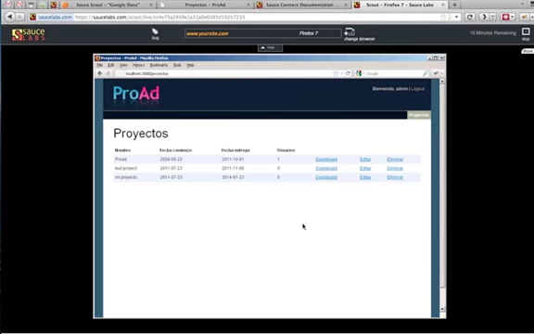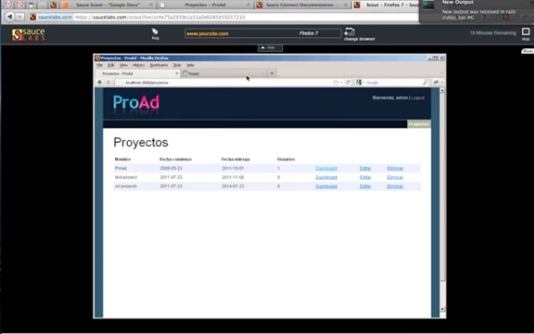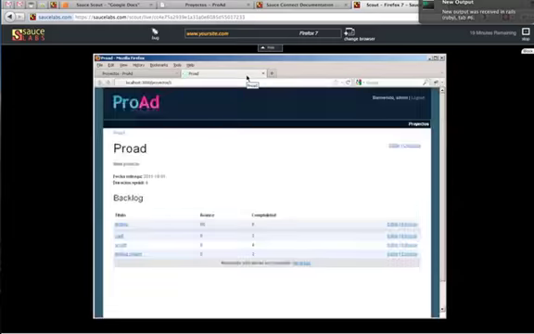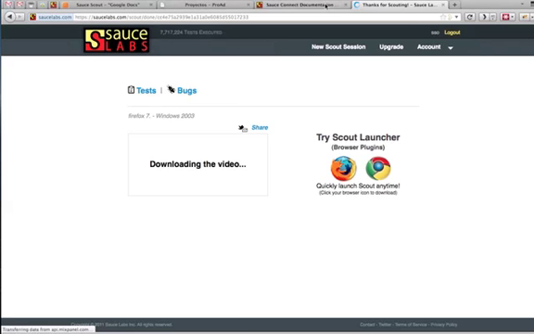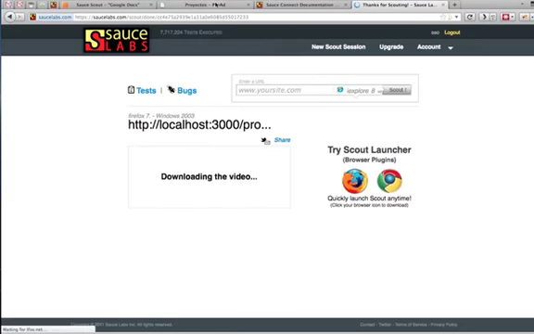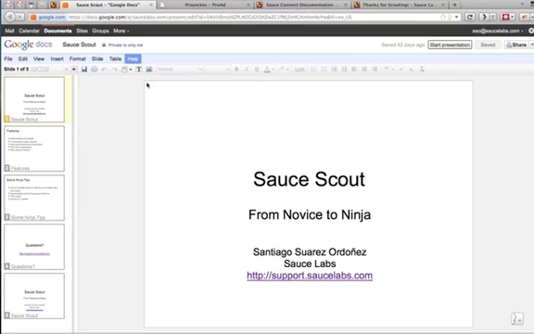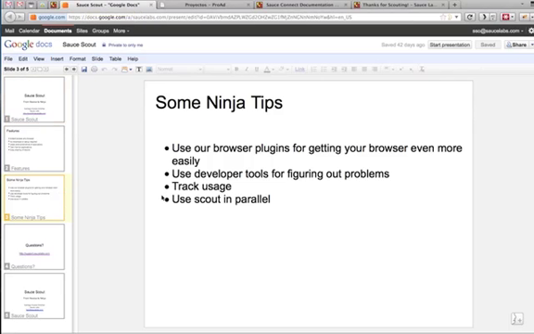A couple of cool features about Sauce Connect is that it has its own caching server. So all the stuff that goes through the wire gets cached, and static files will not need to go again through the tunnel, which makes things faster. And again, you can use developer tools to debug all this. So you can use the cloud for testing any browser independently, whether it's public or in your own server, in your own infrastructure. Once everything is done, you can track usage